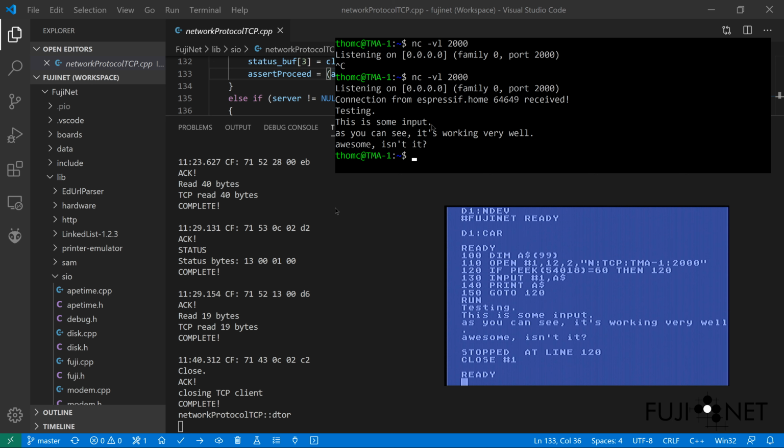Because recall that SIO only sends a handful of error codes back, namely 138, device timeout, 139, a non-acknowledgement occurred, 140, which is a serial bus framing error, 143, serial bus overrun, etc. And 144 being basically device done, which is essentially, okay, device sent back an error. Something happened. Well, that's not very useful when you're trying to establish network connections. Maybe you type something in wrong, like an incorrect host name, and you need to be able to deal with that. So if I do something like that,